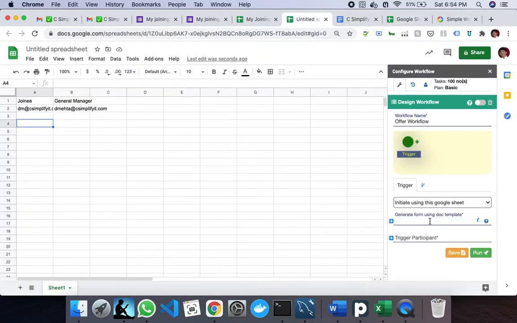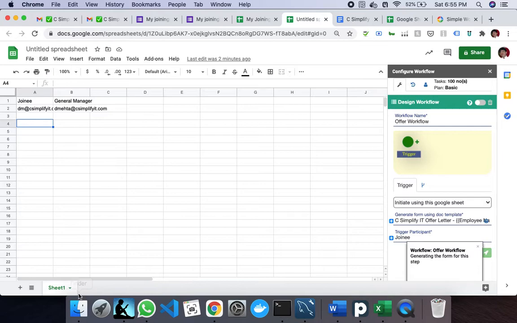and now if I go to my workflow and I select my template which I wish to generate here, which shows basically the first because it is recently modified, and then I select who is going to be the person who will be filling up this trigger form. This trigger form is actually generated using the document template. So if you see, it's written that you provide us the document template and we will generate the form for you automatically. So once you have specified this, you have to just save this workflow.